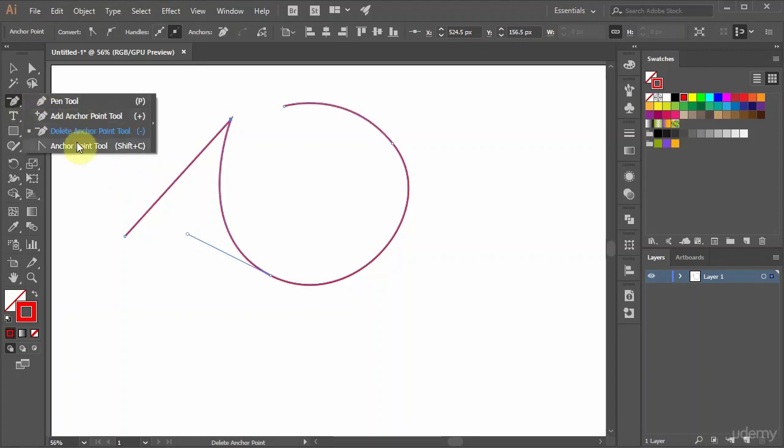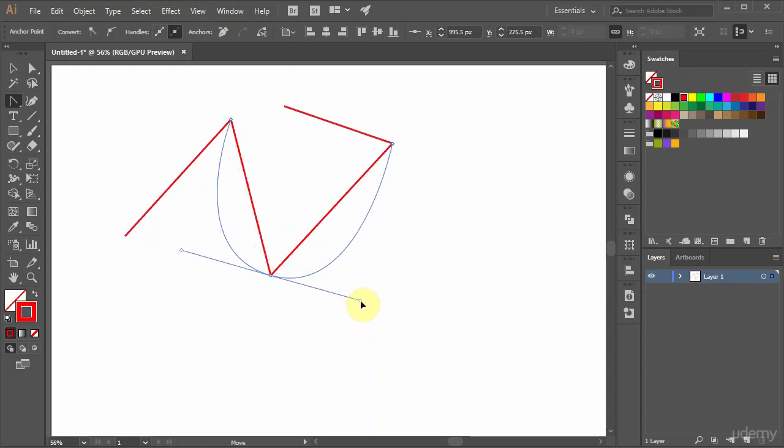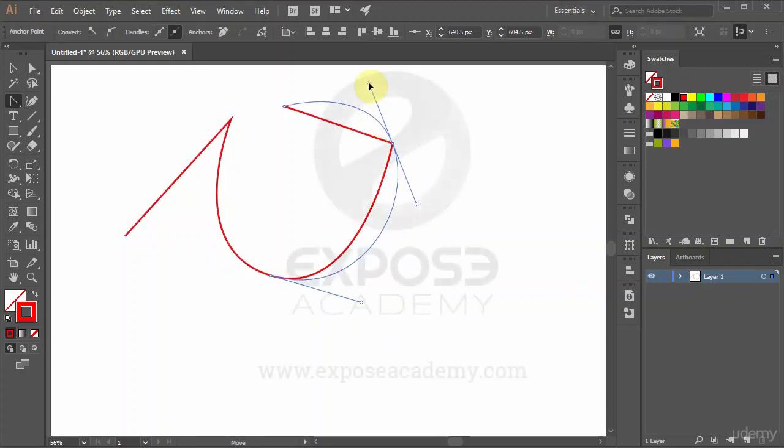The last one is the Anchor Point tool, also known as Convert Anchor Point tool. This tool is used to convert anchor points between corner, bezier, and bezier corner. To use it, if you click and release on an anchor point, that anchor point becomes corner. Basically, it will lose its handles, okay? Now, if I click and drag like this, handles are coming out from it, making the anchor point bezier type.